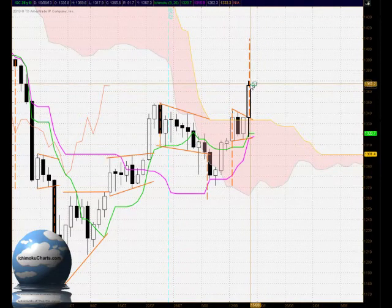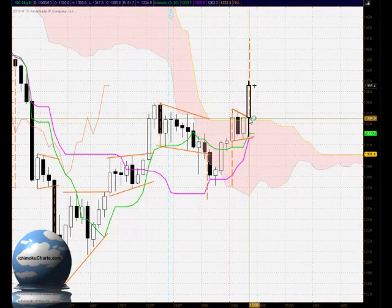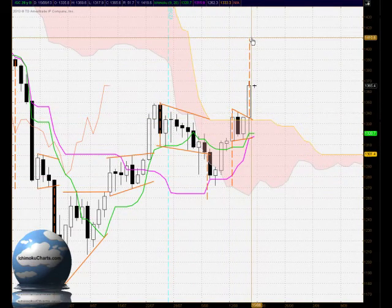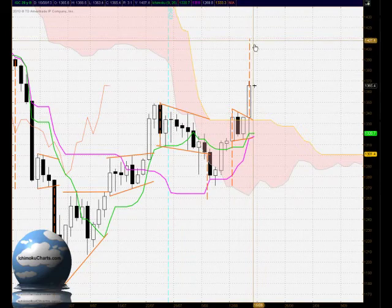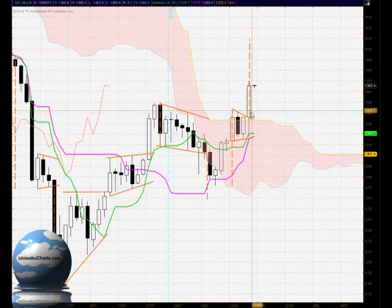The target is the extent of the trend leading into the pattern projected up from where the market breaks out, and that gives us a target up around 1409, so just above the 1400 level. Some doubt whether we will reach that level with that 1400 level just below there,